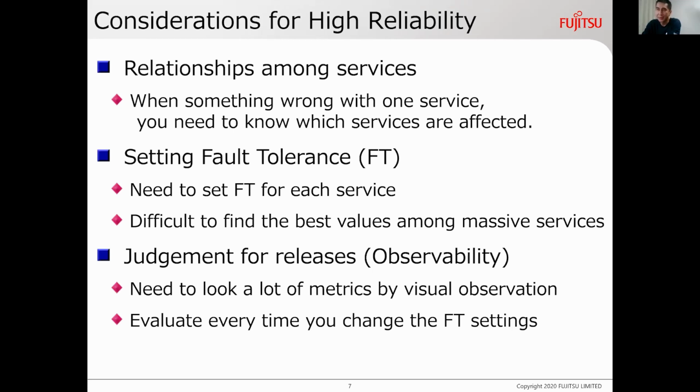If you do not set the proper values to the FT, the system getting worse. And third one is observability. So the only setting the fault tolerance is not enough. You need to keep looking at a lot of metrics of service, and the system is working well with your setting fault tolerance parameters.